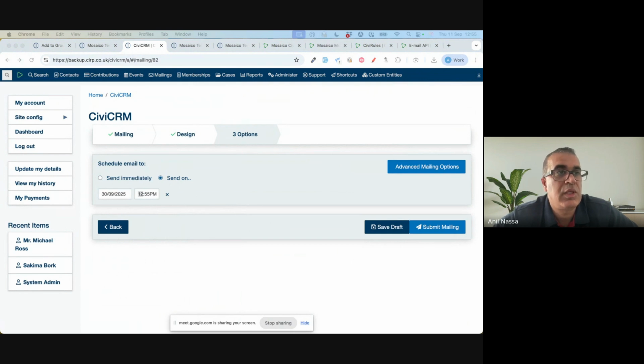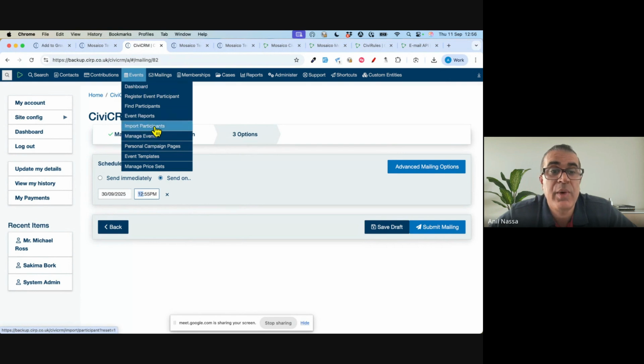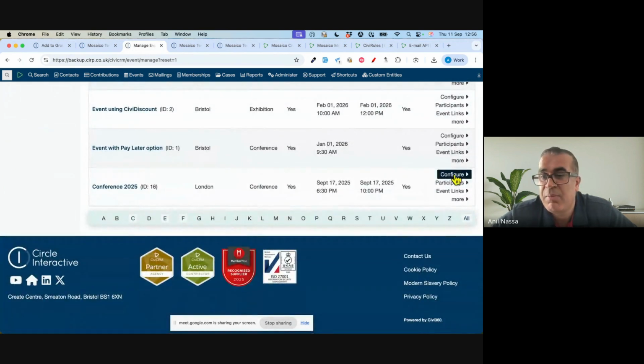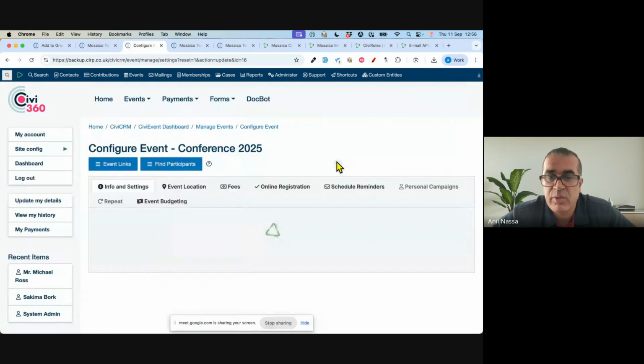Moving on to emails, but more automation. We're going to cover two areas. One is scheduled reminders. I'm going to touch firstly on events and scheduled reminders. So when creating events or managing events, there's a tab available called schedule reminders. So for this particular one,